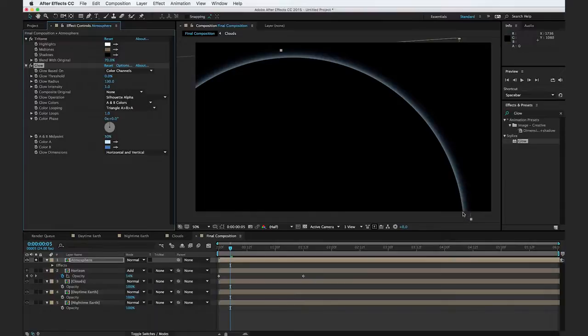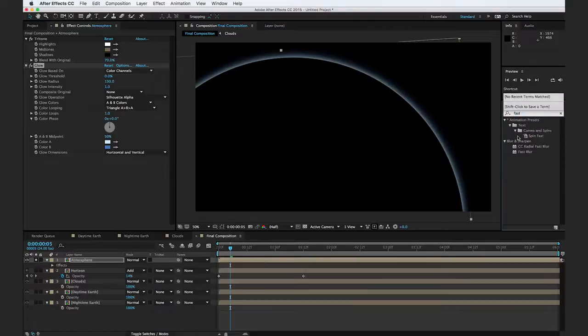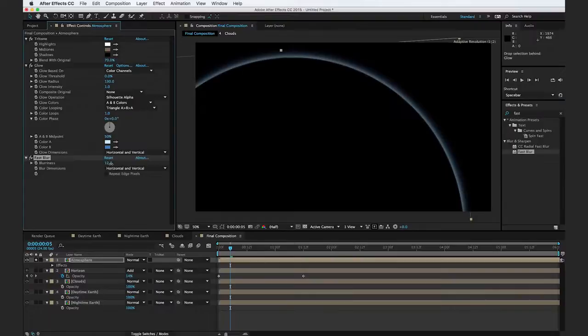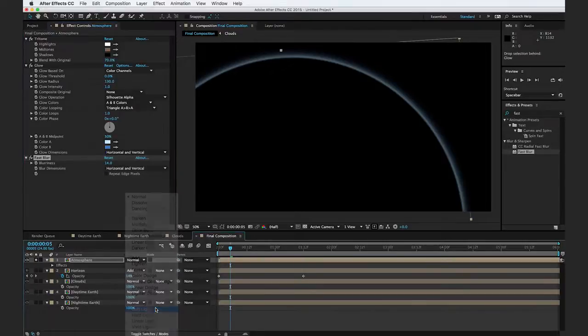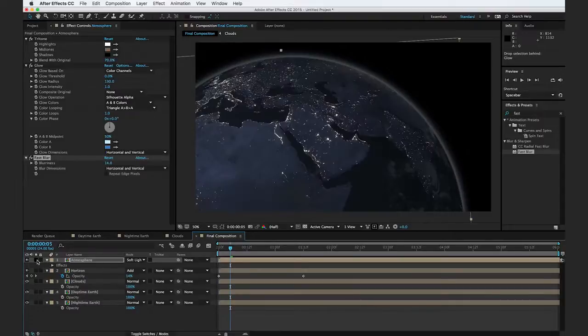And so the only thing I don't like here is we have a real harsh ridge line, and the only way that we can really get rid of that is by applying a blur effect. So I'm just going to apply the fast blur effect and turn it up to about 10, just to get rid of that harsh edge. And we'll go ahead and set our blending mode to soft light. Cool. And I'm going to go ahead and turn off the solo. And so now you can see that there's this nice little